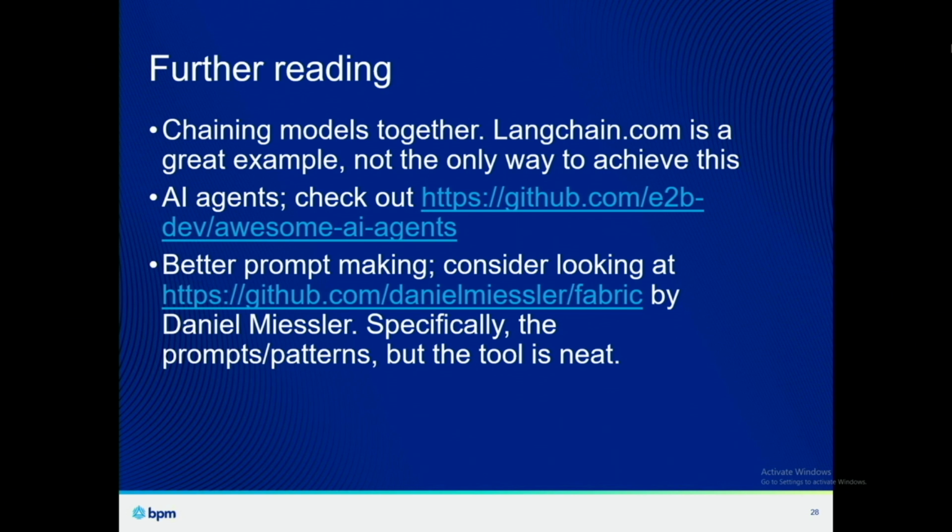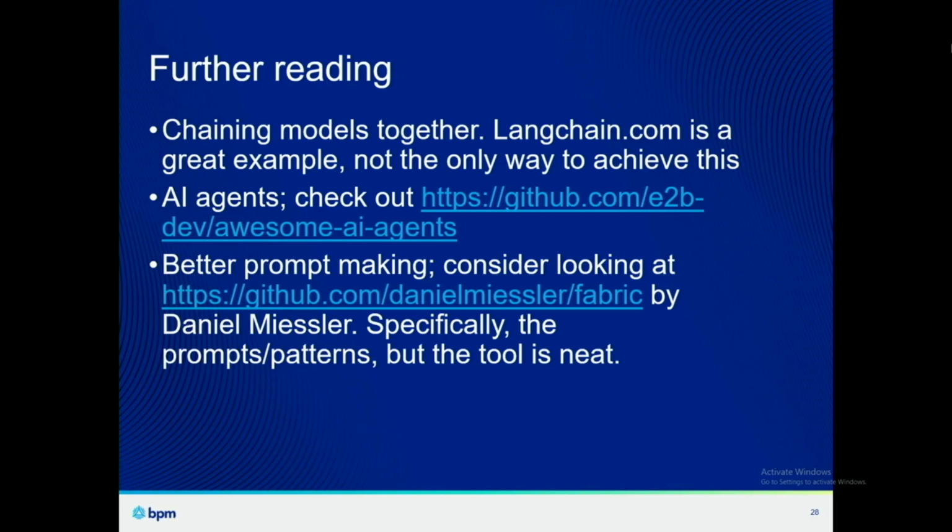AI agents, if you remember earlier, we talked about having an LLM sift through data, fish users, that kind of thing. AI agents are really how you achieve that autonomy, that ability to continuously process a prompt trying to achieve an objective. A lot of cool tools out there. Awesome AI Agents, linked here, is probably the place I would start. It's a great curated list of some of those that are out there.